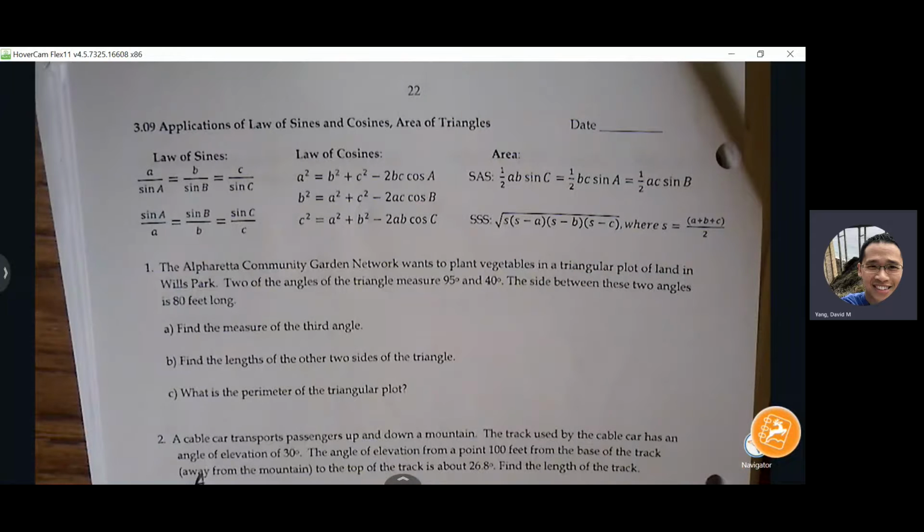Okay, so I gave back your quiz. Most of you guys did pretty well on it. So your test is going to be a combination of what you saw in the quiz, area